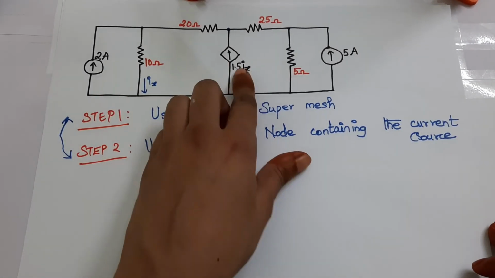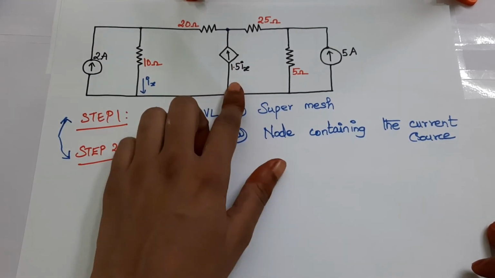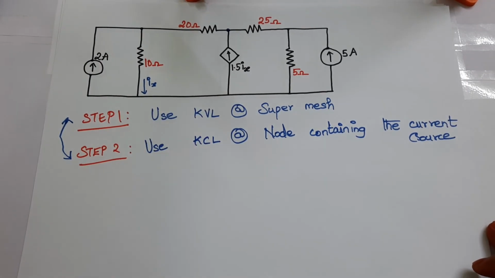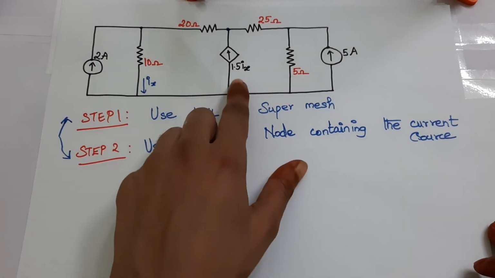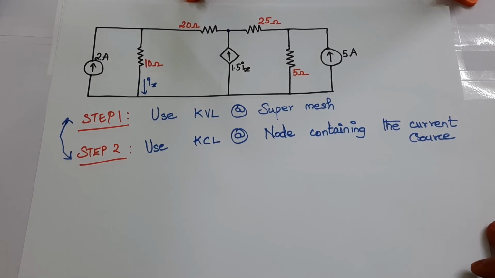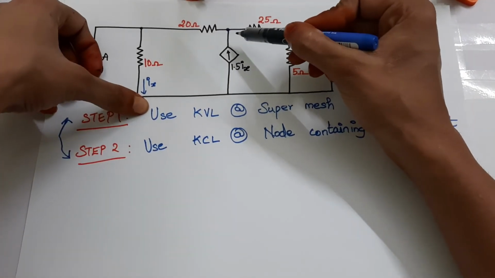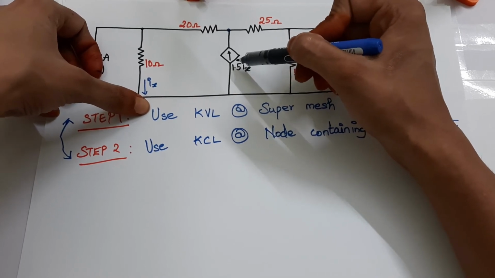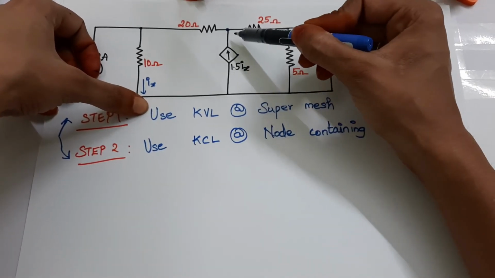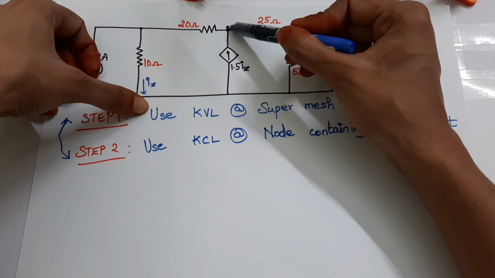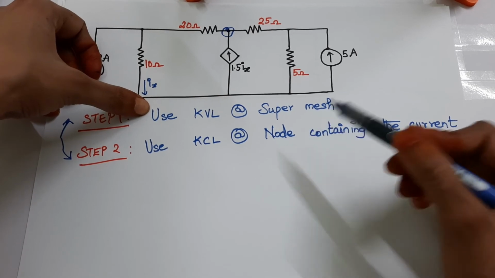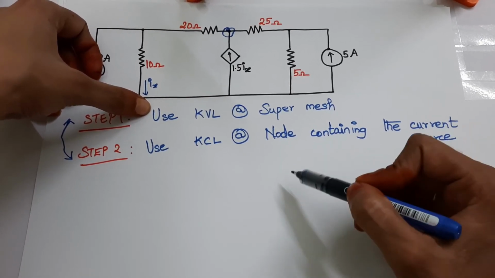Say for example, this 1.5 Ix source is not here and we only have a resistor. In that case, we can solve by normal mesh analysis itself. But since we have a dependent current source in between, this is actually making our job easier even though it looks complicated. Whenever you have an additional current source in between two loops, it is making your job easier. How? Because when you have a current source, you can quickly apply Kirchhoff's current law at that node and pull one more equation, club it along with the supermesh equation, and then solve for the currents.